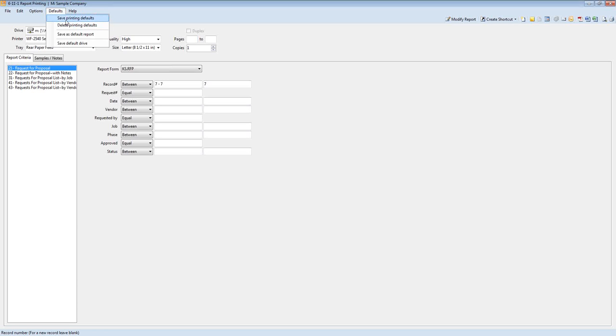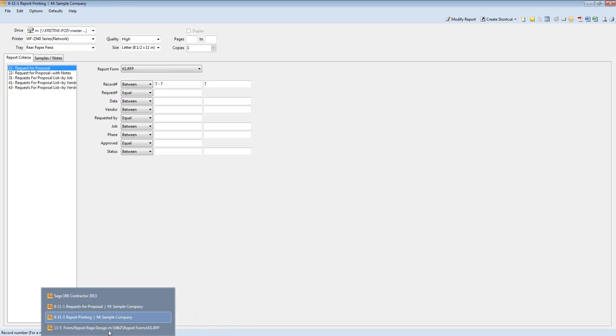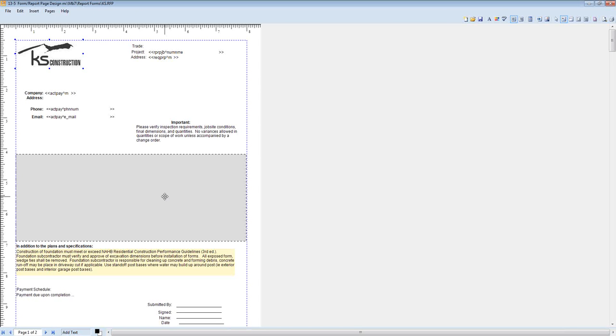So if you have a lot of users, you'd have to go around to each user, log in as them, and set their default reports and forms for each user. But that's not uncommon to have 4 or 5, however many companies, all with different logos. Okay? We're going to get back into our form design. And our next thing that we're going to do